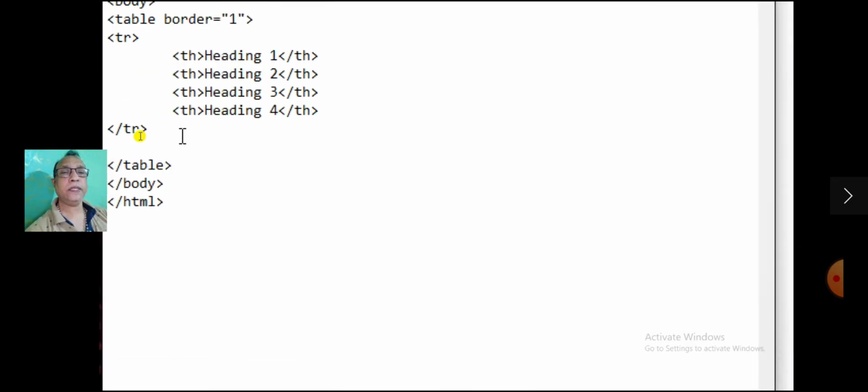Now the data for the second row. Start with the tr tag, table data, rowspan is equal to, in the quotes, 4, means you are merging 4 rows.